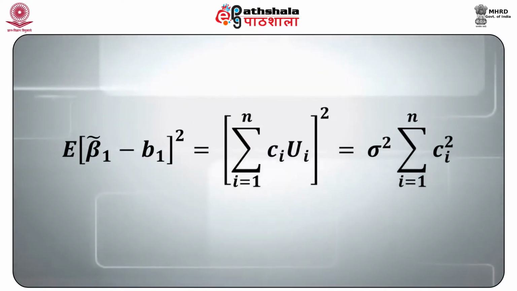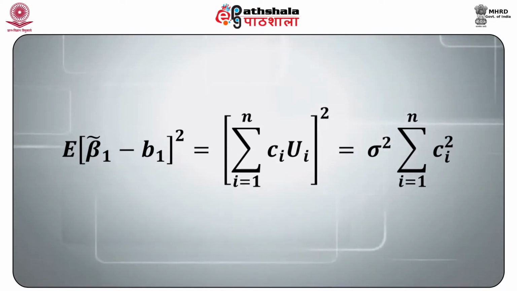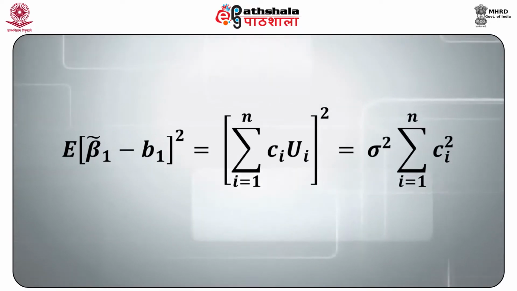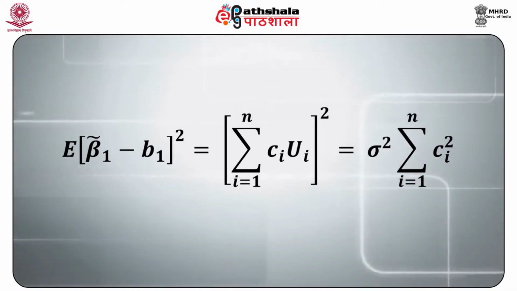The variance of this arbitrary estimator beta 1 tilde is defined as expected value of beta 1 tilde minus beta 1 whole square, which is the same as sigma Ci mu i whole square,